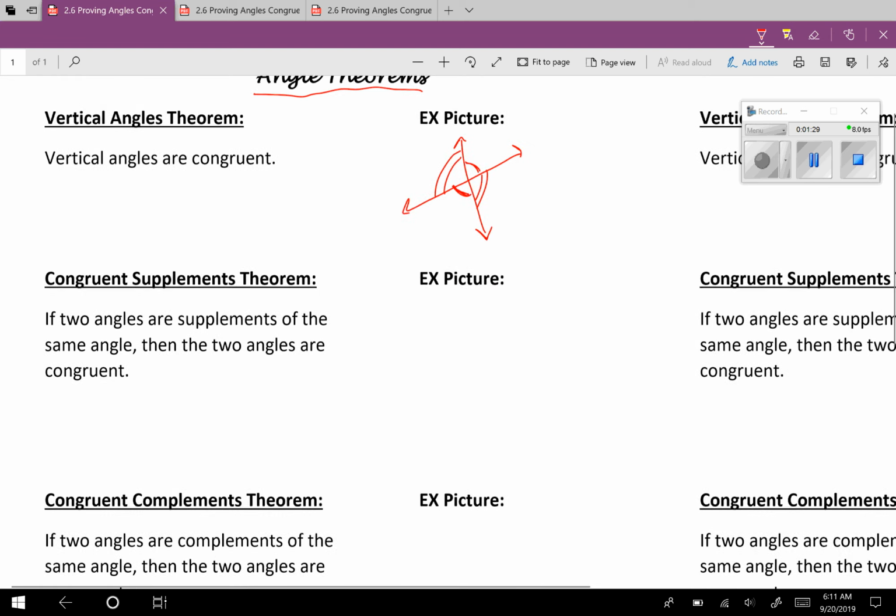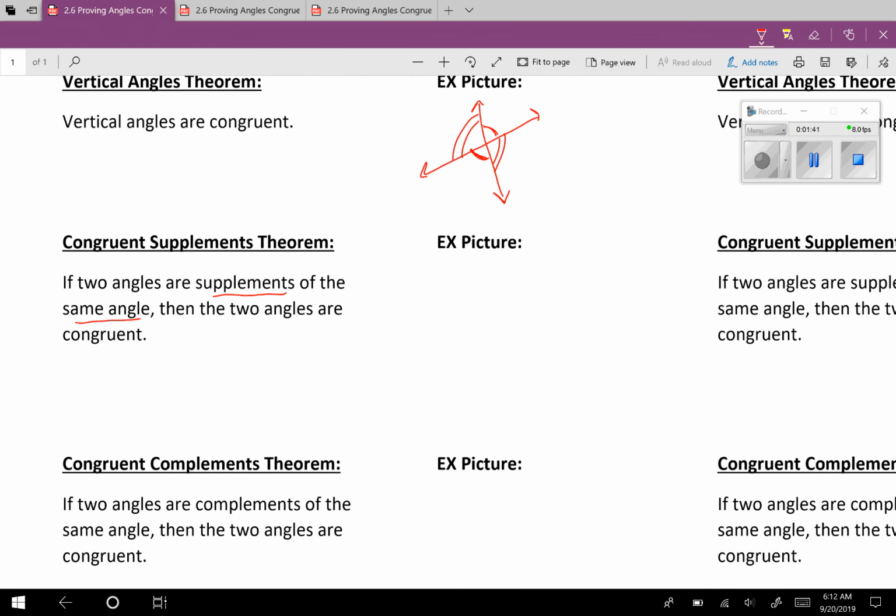And remember, however many arcs tells you the angles that match up together. The next one is the congruent supplements theorem. If two angles are supplements of the same angle, then the two angles are congruent. What this means is that supplementary angles add up to 180 degrees. Basically, what they're saying is you've got this angle here,